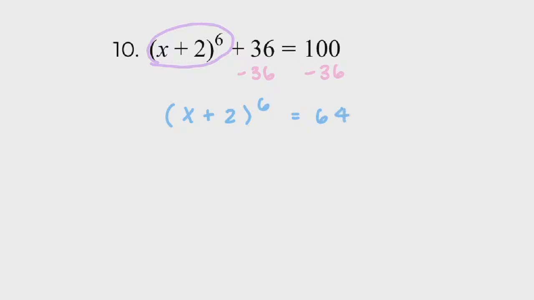Then to get rid of the exponent, I'm going to root both sides with a 6 as my root or index. So then that way it will cancel out with this. So on the left, I would be left with x plus 2. And on the right, I'm looking for a number times itself 6 times that'll equal 64, which is 2. So then to solve for x, I'm going to subtract 2 on both sides, and I get x equals 0. And that would be my final